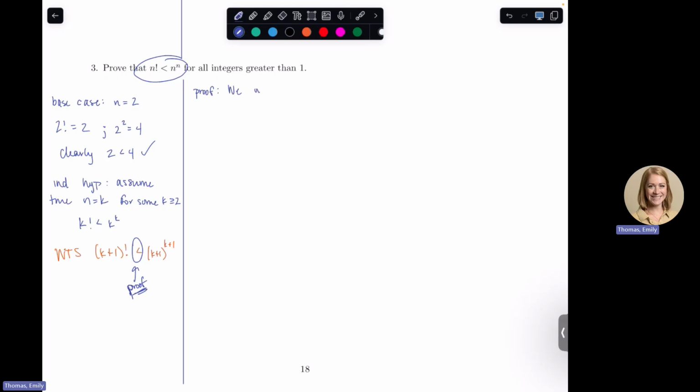We will prove by induction that n factorial is less than n to the n for all integers n greater than 1. For the base case,